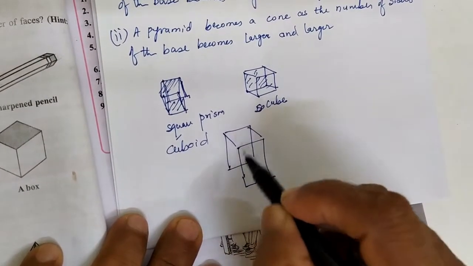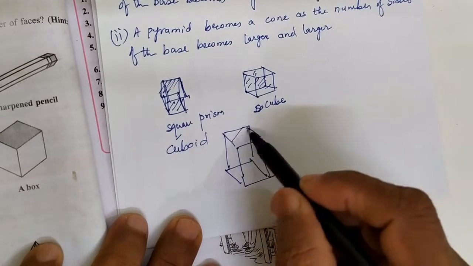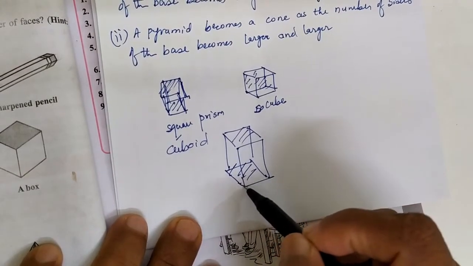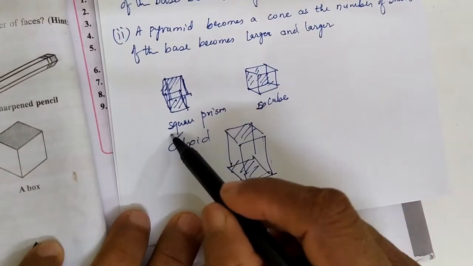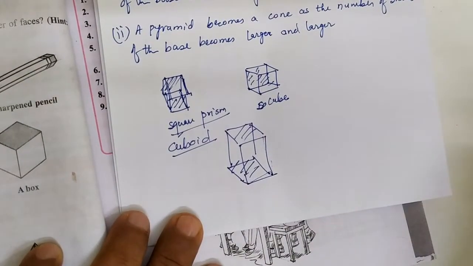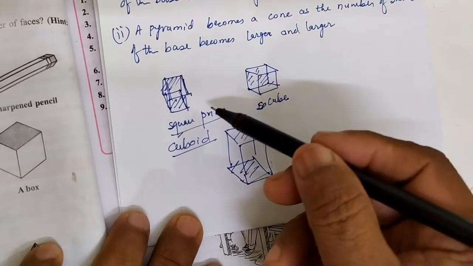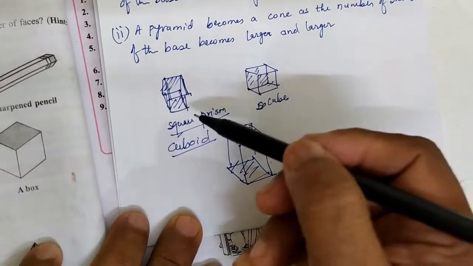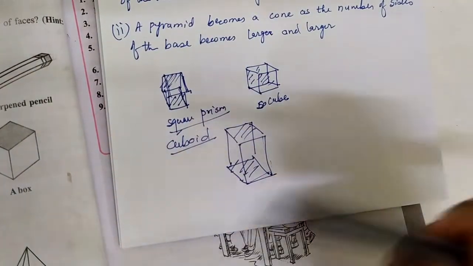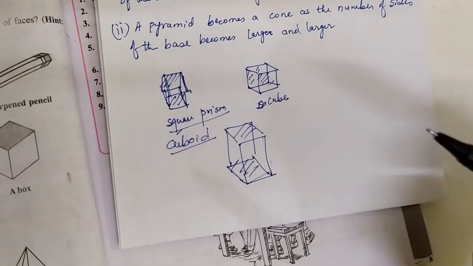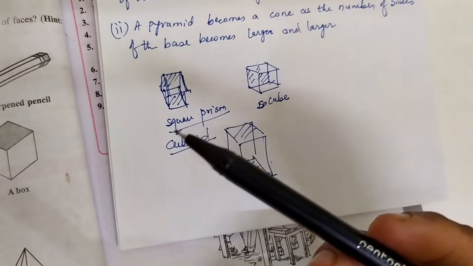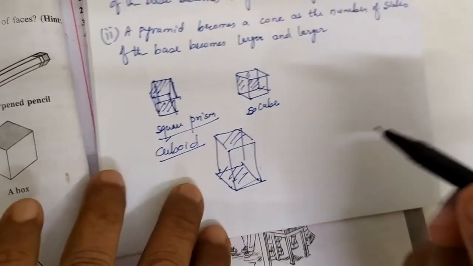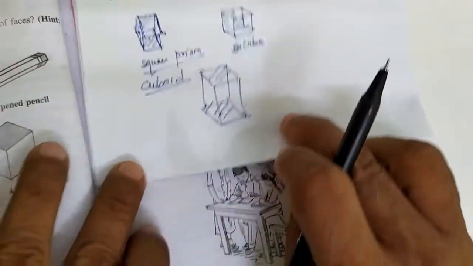So this is a cuboid. These faces and this face are squares, whereas these are rectangles. So a square prism is a cuboid. In fact, a cube can be a square prism, same as the cuboid. So we have to say that for the fifth one, the answer is